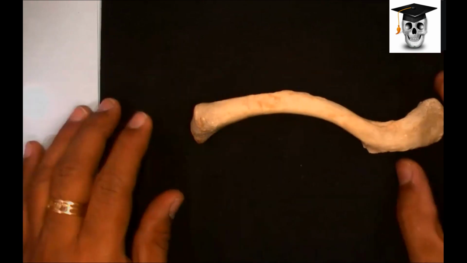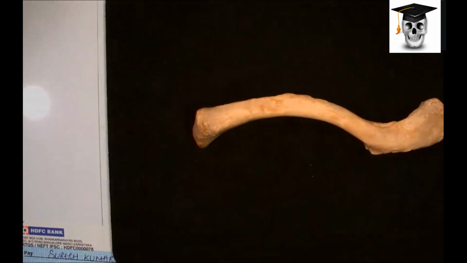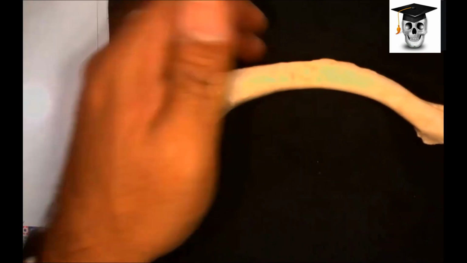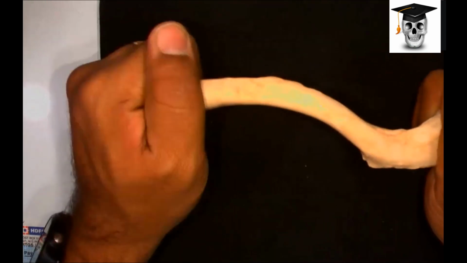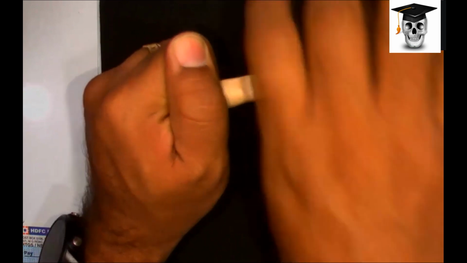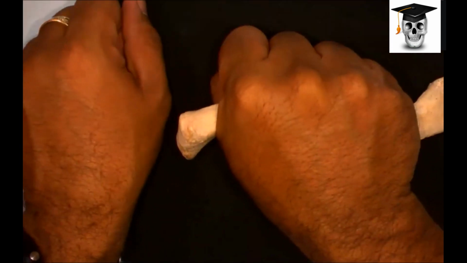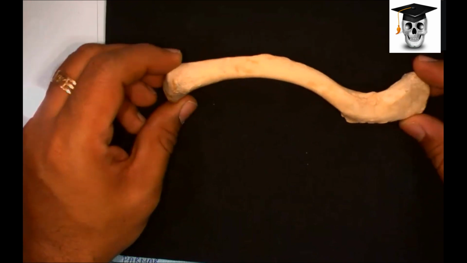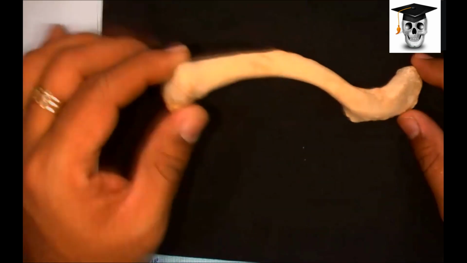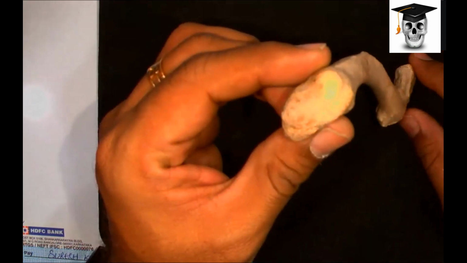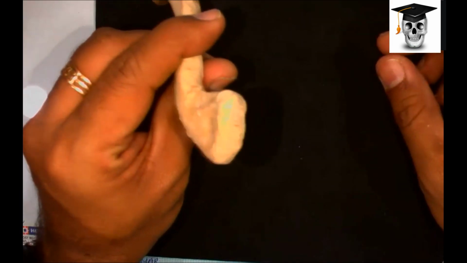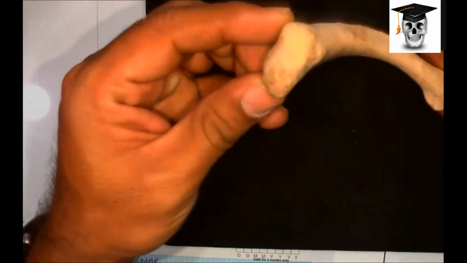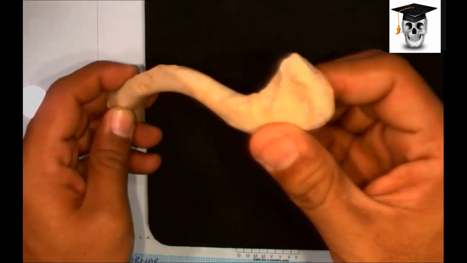Now, how do we? I said the bone, first we have to orient ourselves with the bone. So the bone has got two ends. When you look at this, two ends are there. We have to define which is the medial end and which is the lateral end. Then there is a shaft in between, correct? A medial end is broad, lateral end is flat. Now when you look at the bone, you see both sides of it. So when you see this side and this side, you can very clearly make out that the medial end is quite broader. So this is the medial end. Whereas this is the flat part, so this should be the lateral end.